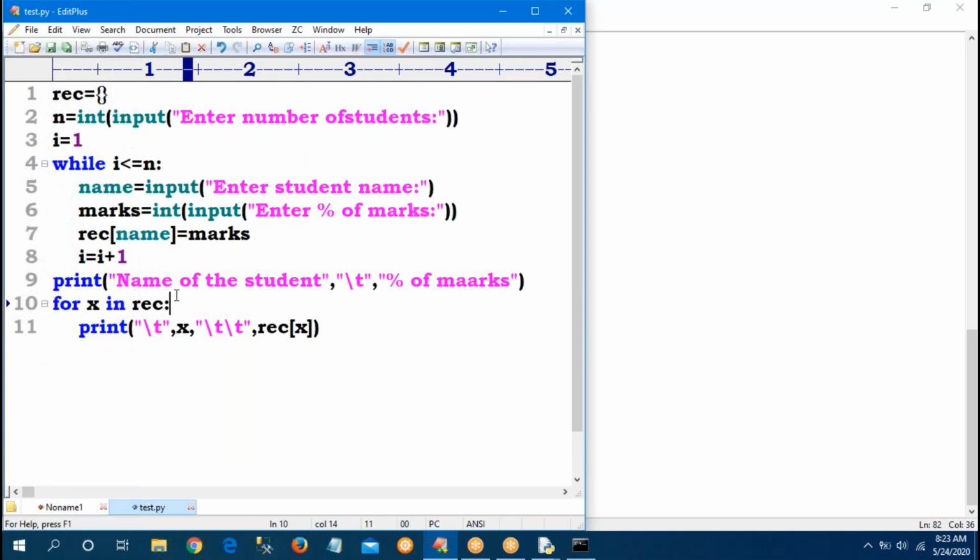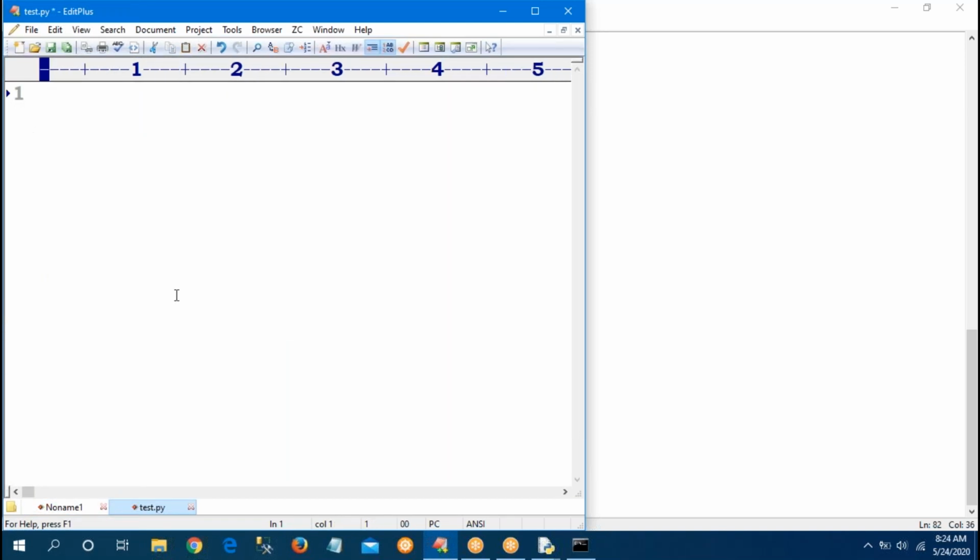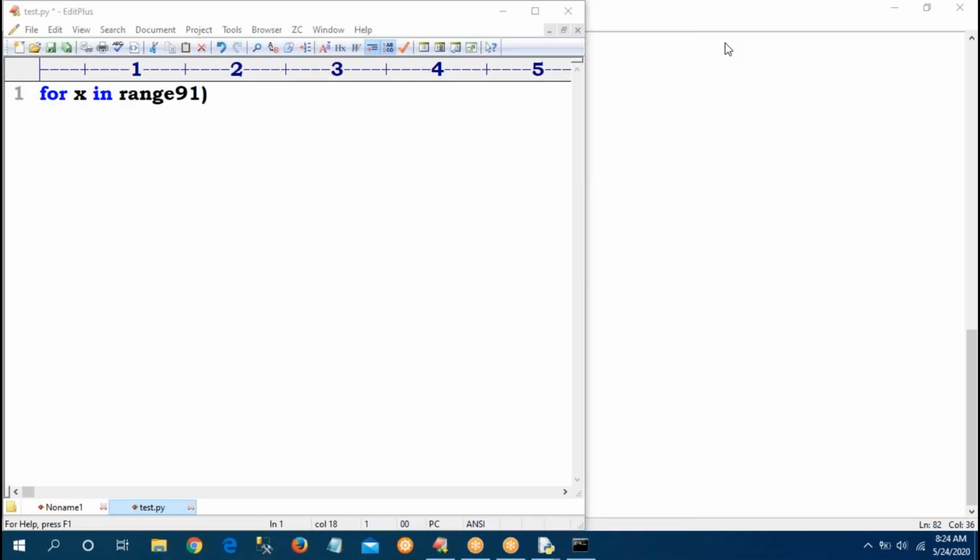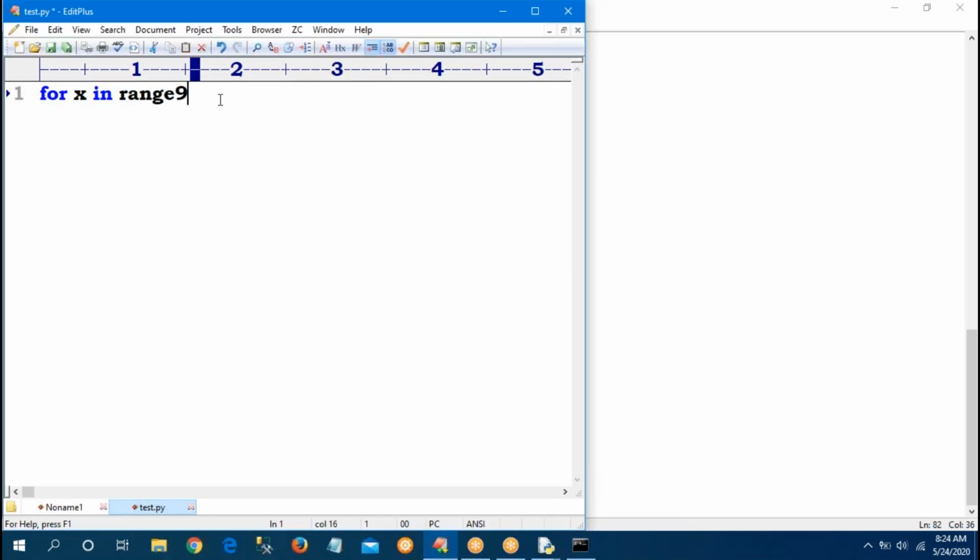Then what to do, how to write? Simple thing. If I want squares, take the normal for x in range(10). I have given 10, sir. 10 means 0 to 9.